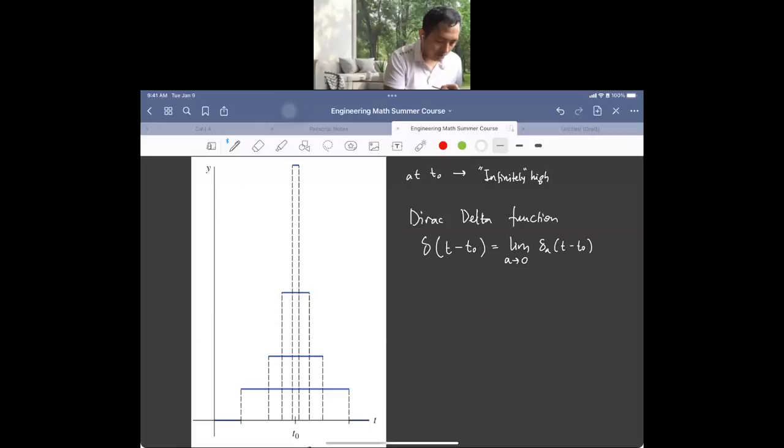So we limit the size of the interval of the rectangle. When we take it closer and closer to 0, the height is getting infinitely